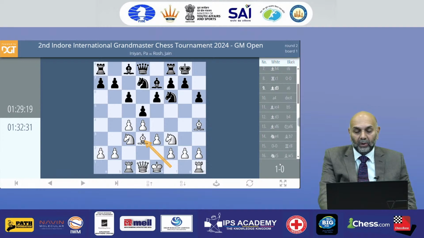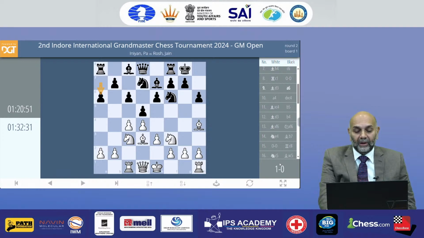So black tries to open up the queen side. White has delayed the castling, but white is going to castle in a move. The position looks roughly equal, but a closer look will reveal that black has a bishop at c8 which doesn't have any future. Black is going to struggle developing, finding a good place for the piece, because chess is nothing but a warfare game, a war between the white army and the black army. And unless every army member, every soldier, is participating, it's not going to be a great game.